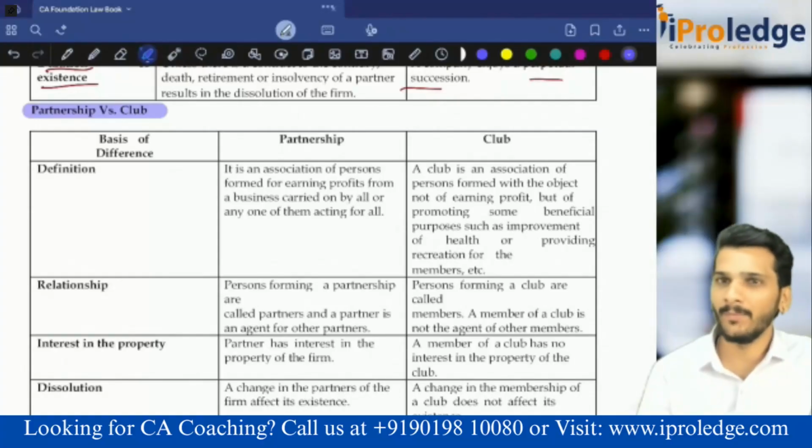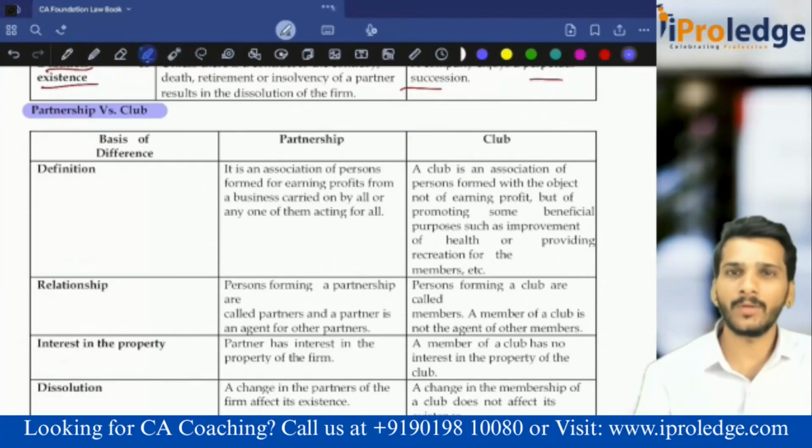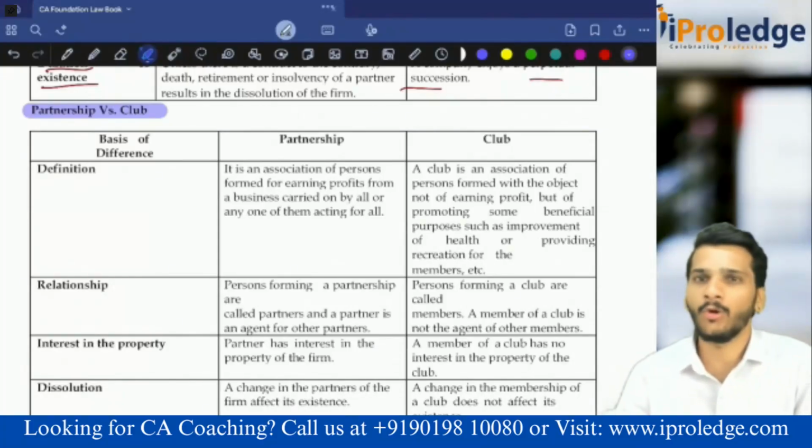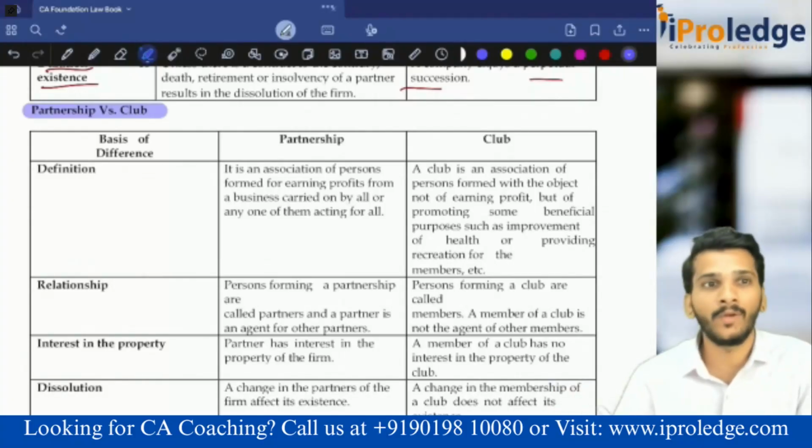For a club, there will be some entrance membership fees. You have to pay the membership fees, and if there is a provision for annual renewal fees, you have to pay it. If not, it is for a lifetime. When you die, your children will get the membership again. It keeps on continuing. In Bangalore, there is a club where the waiting period is 33 years. If you want the membership, you have to wait for 33 years and pay a membership fee of 25 lakh rupees.